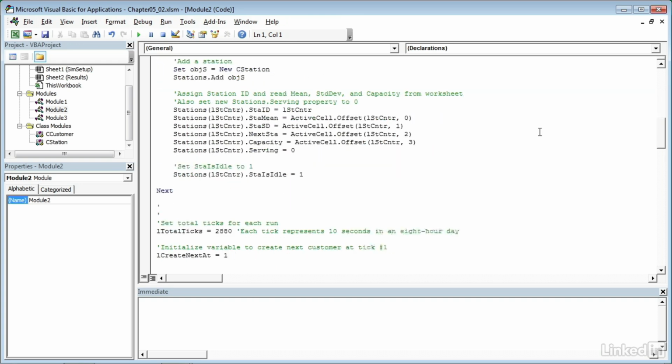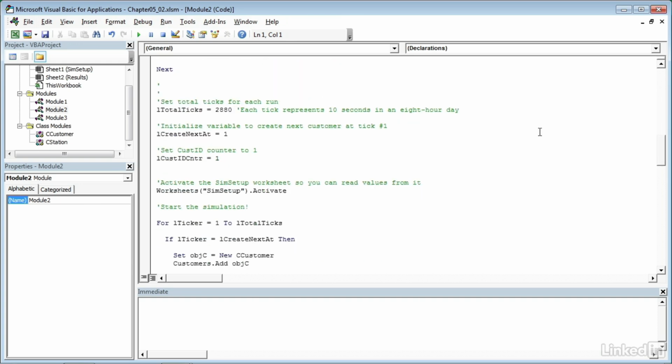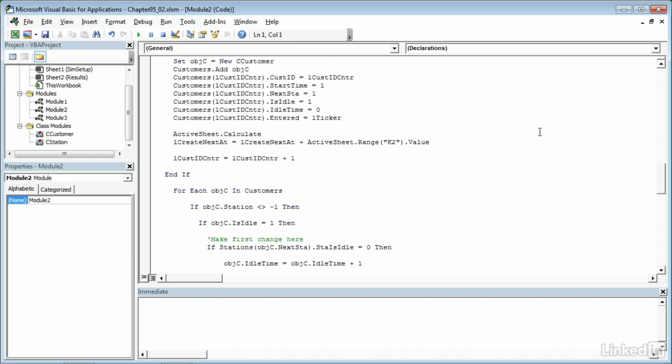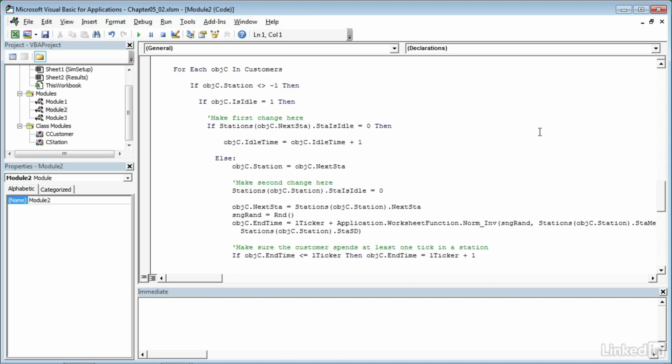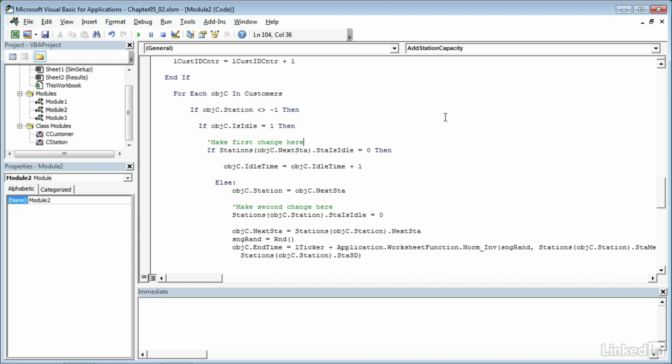into our code, and I have the places marked where we need to make changes. Okay, so here's a comment, and we're within the loop where we're trying to figure out how to handle each customer, so that makes sense. The change we need to make here is, instead of looking to see whether a station is idle, we need to check if the station is at capacity or not. So to do that, I will change this line